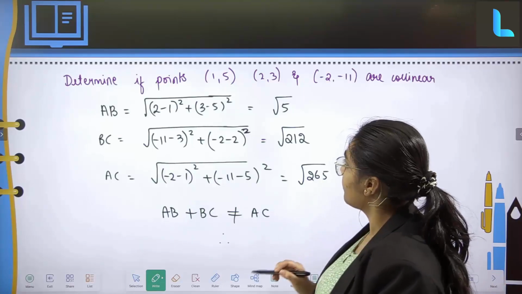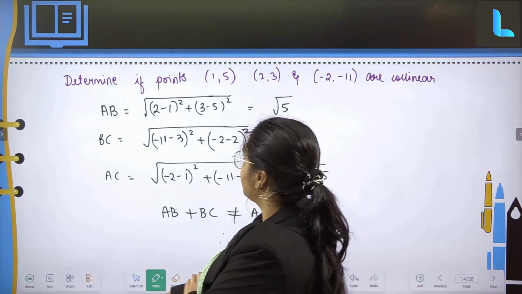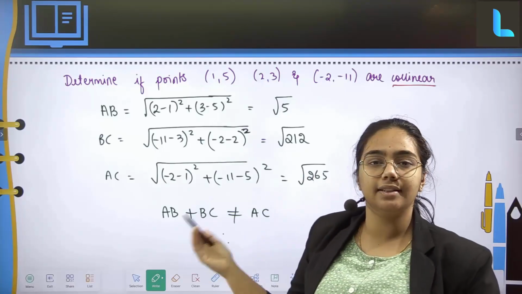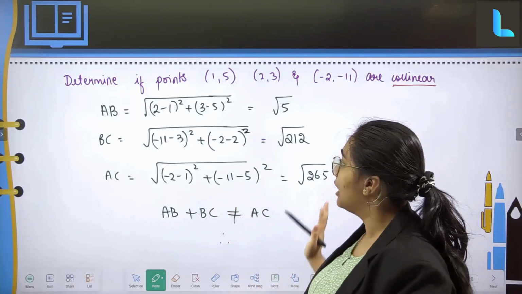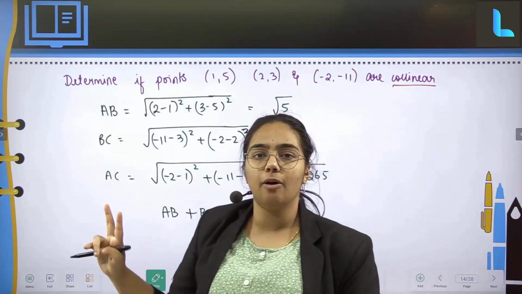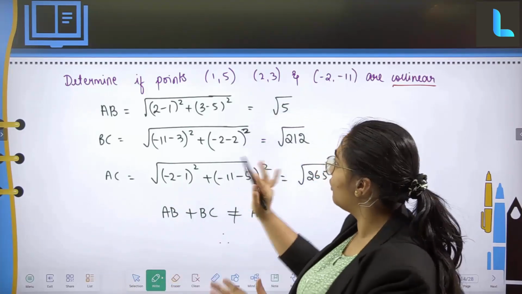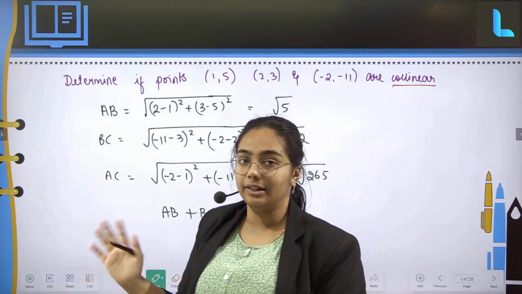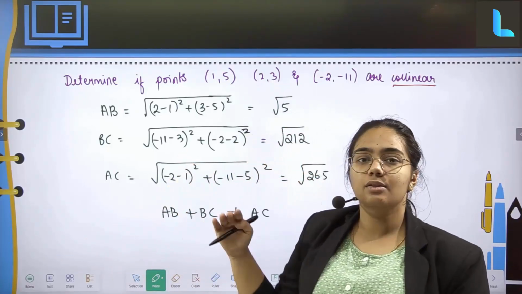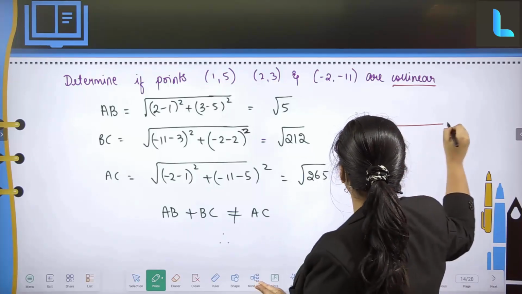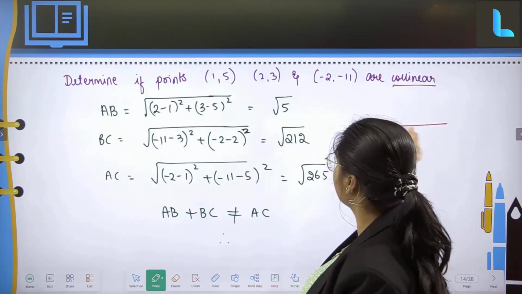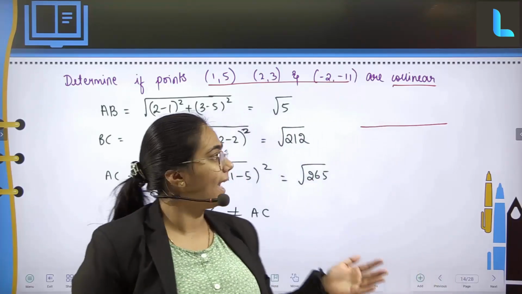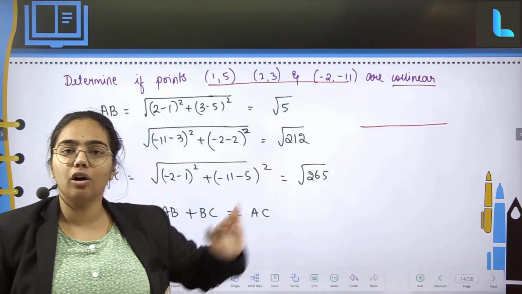Next question. Determine if the points given are collinear. Over here they have said that it is going to be collinear. Using the distance formula was for a triangle, but nowhere have they specified the area of a triangle. So how do we proceed with this? The points given are just as simple as saying they are going to fall on a line.